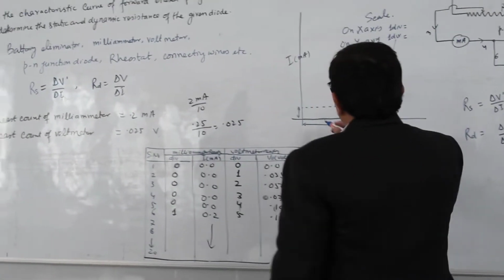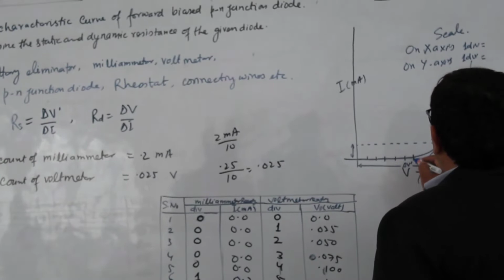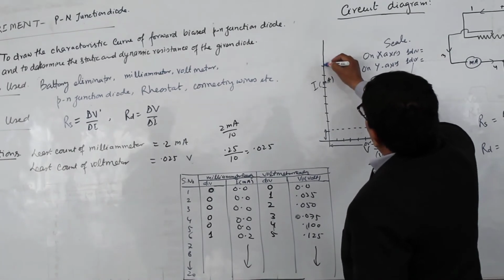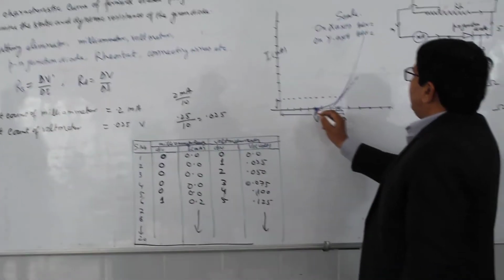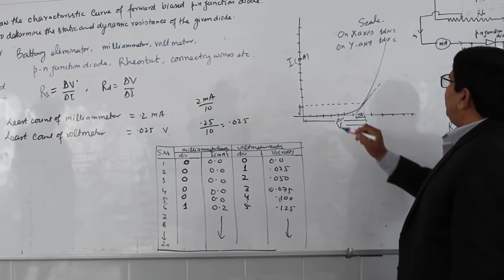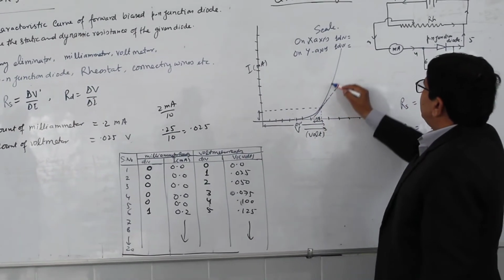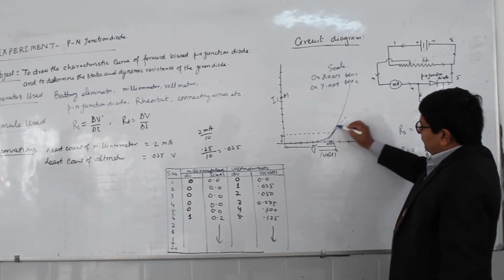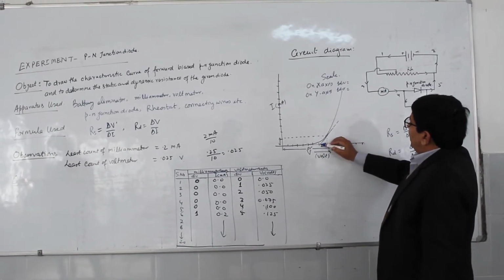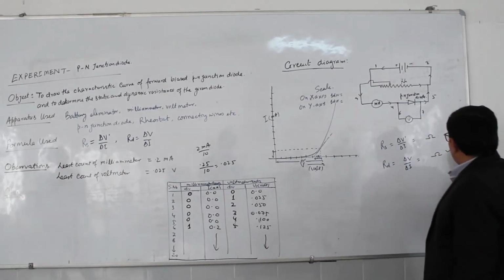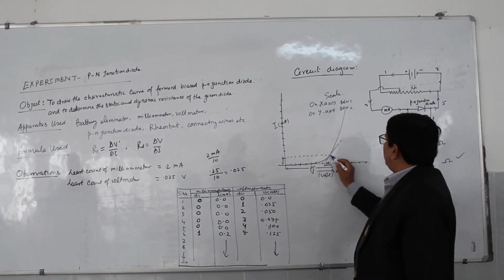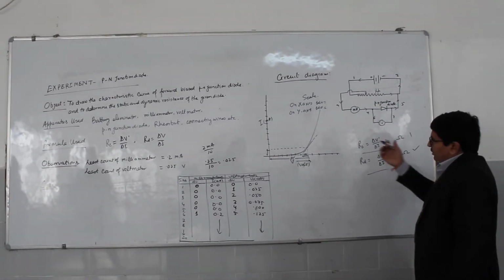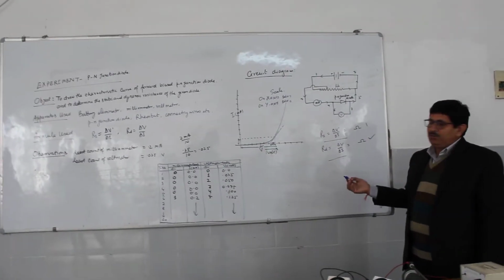When you plot the graph with each division of the voltmeter recorded, and correspondingly plot the current, you will find initially it has 0 readings, which are marked here. Then there is a slight rise. This is good for an exponential curve. If you take a tangent at a point just after the division, the slope of this tangent will give you the dynamic resistance, and if you take the total voltage to total current, that will give you the static resistance. This is a few ohms, which you can find by the numerical value.